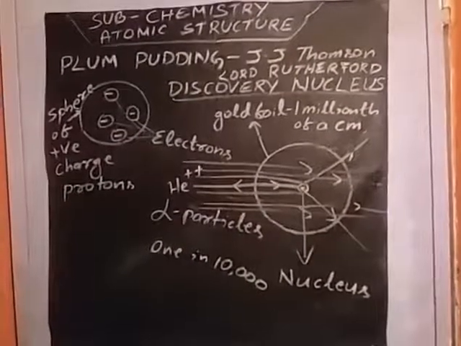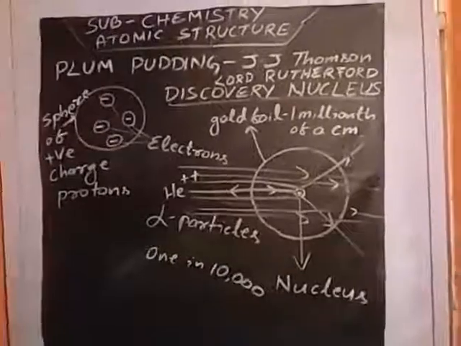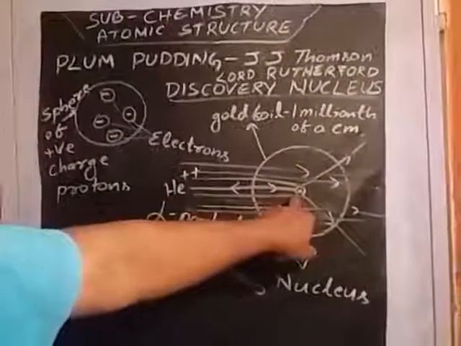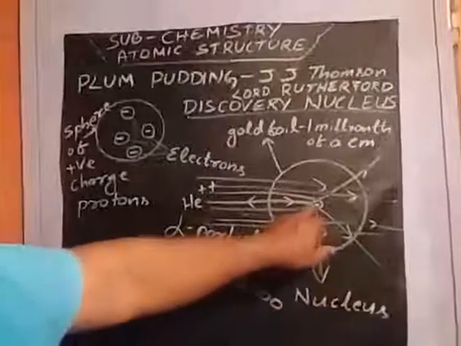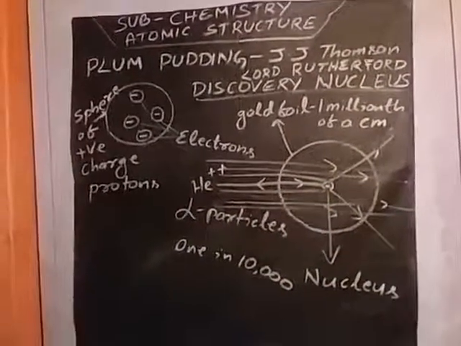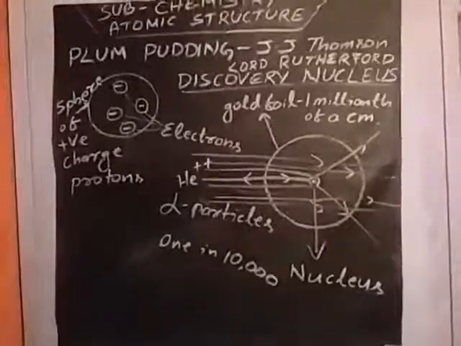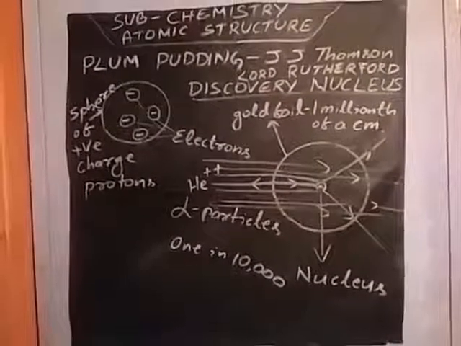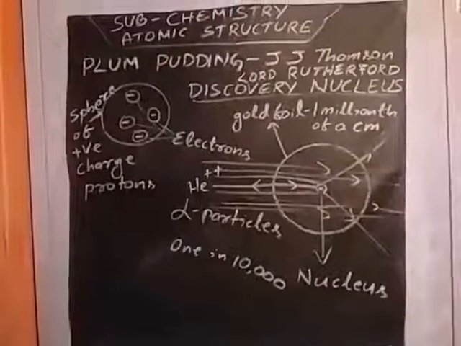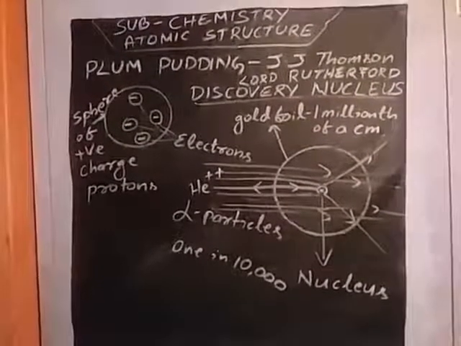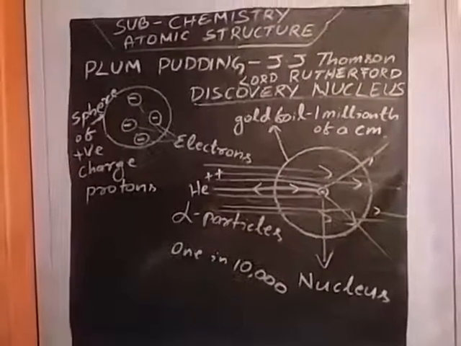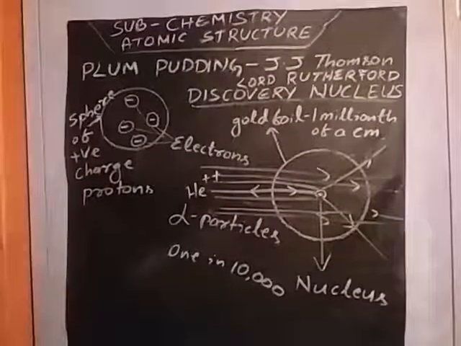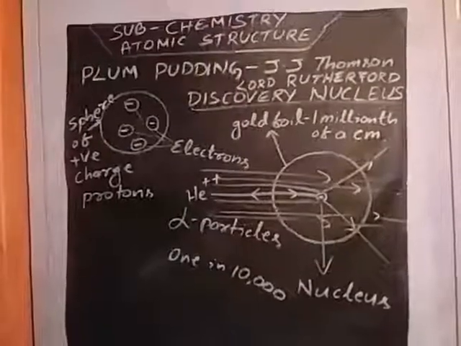Then the electrons revolve around the nucleus, but the protons are present in the nucleus. The atom is electrically neutral, because the total positive charge of the nucleus is balanced by the total negative charge of the electrons. So the number of protons and electrons is the same in the atom. That's why the atom is electrically neutral.